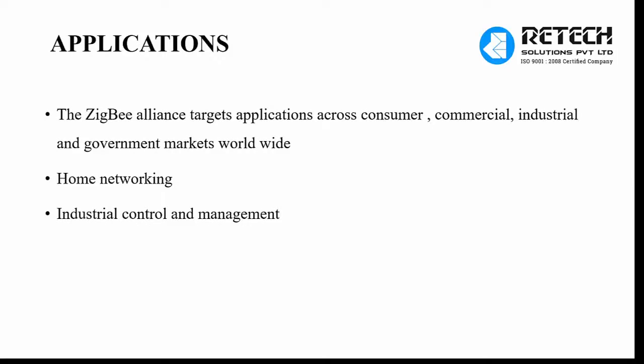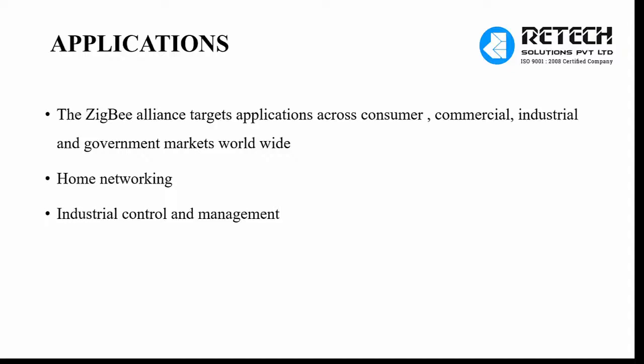Okay, then what are the applications of the Zigbee? Where are we using the Zigbee? The Zigbee Alliance targets applications across consumer, commercial, industrial, and government markets worldwide. Actually, you can use Zigbee in any consumer, commercial, or industrial applications for wireless communication.